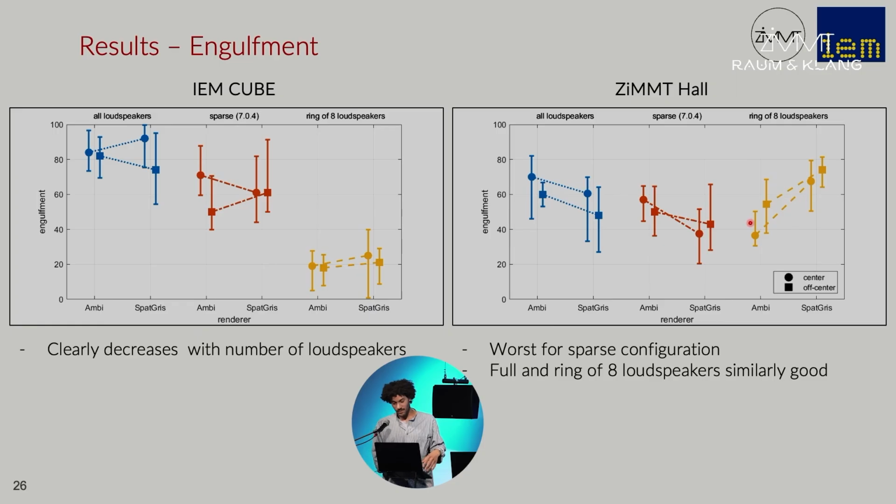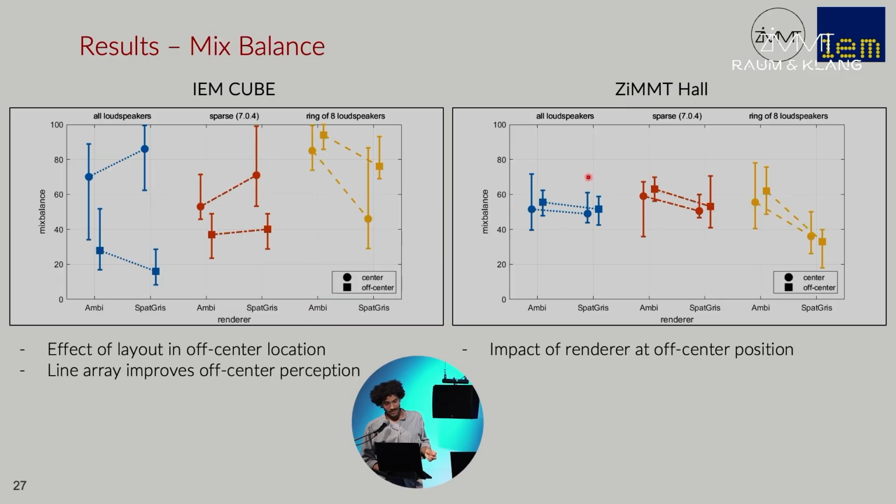And also here we could see that the sparse grid employs the bottom loudspeakers, while these two grids have the elevated ring, and that means that we just managed to bring the sound further up into the room. And that brings us to the last perceptual